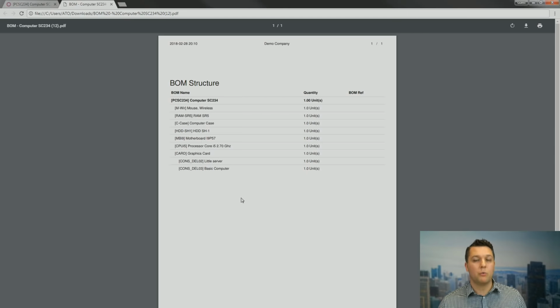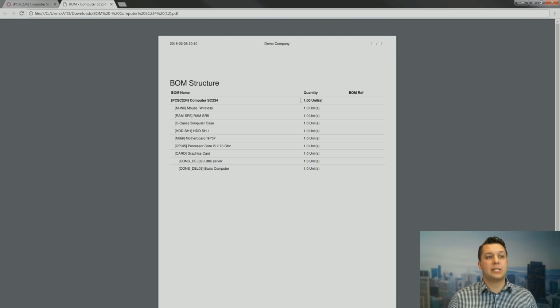And for every single one of these, it's going to check the routing that we looked at before. Do I make it? Do I buy it? Do I have some in stock? And it's going to take the math of how much you need to make one of these and run through and either create the necessary stock moves, manufacturing orders for your sub-assemblies, or purchase orders for anything